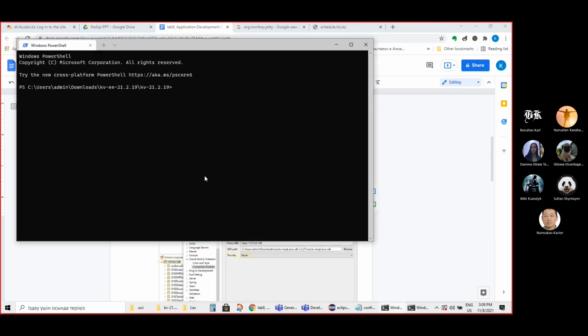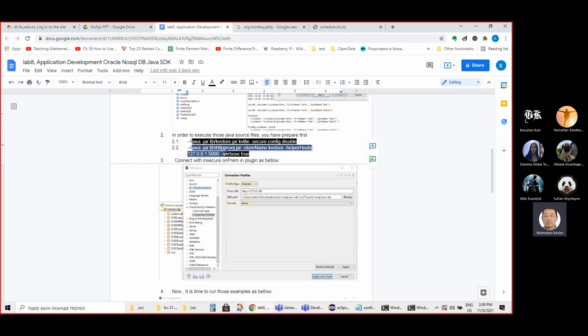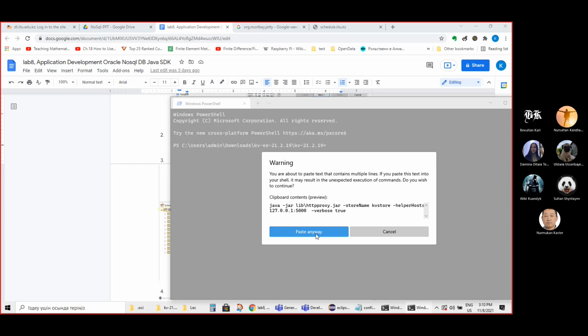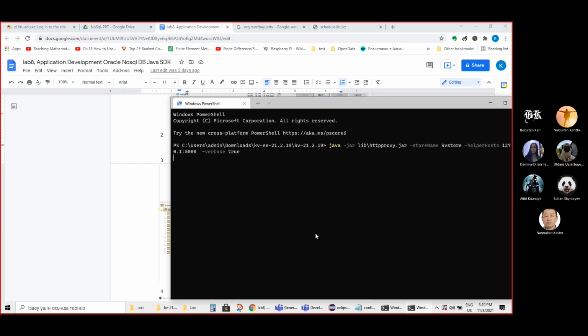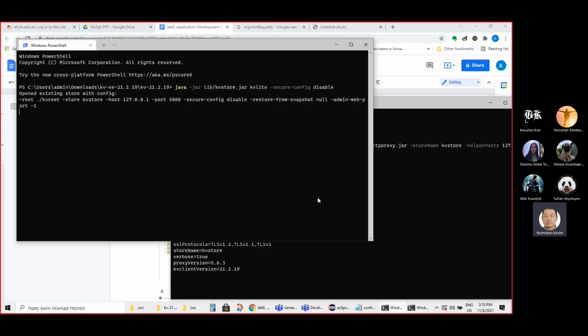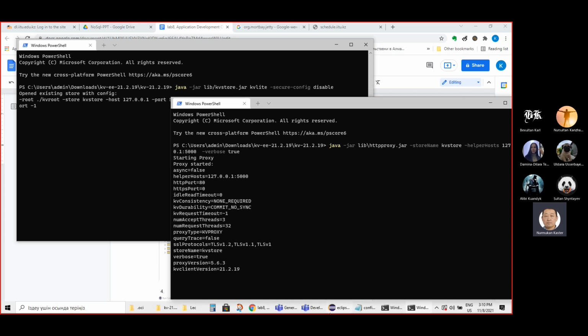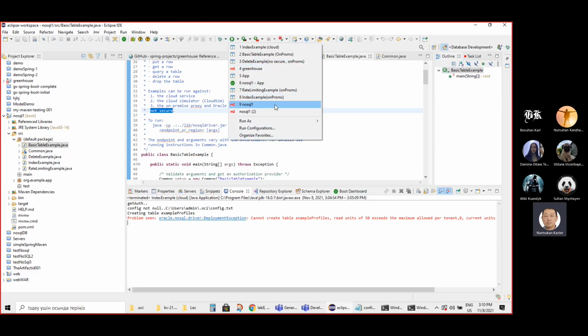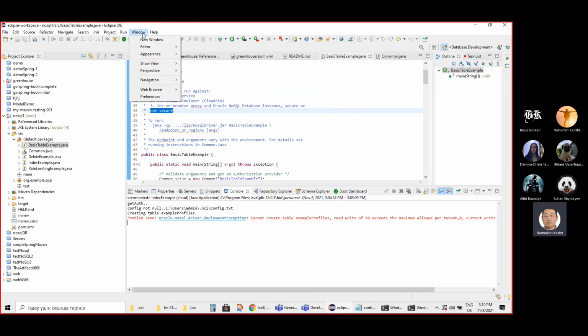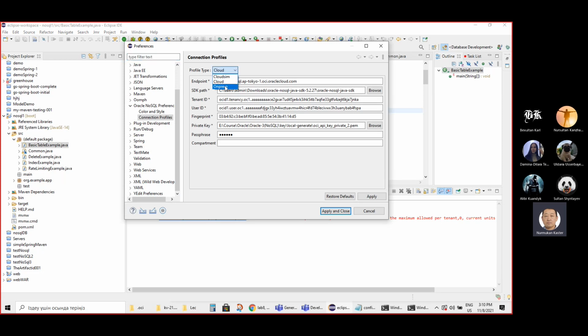Okay, so this one. Then I also need to run this proxy with the default port. Let me see whether it is running. So this is also running successfully. Now I need to check whether this one is working or not first. Of course, if it is successful, it should have, hold on a second, it should have, with the proxy I can use